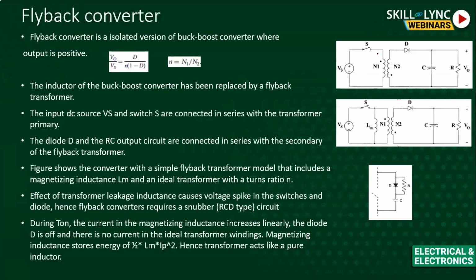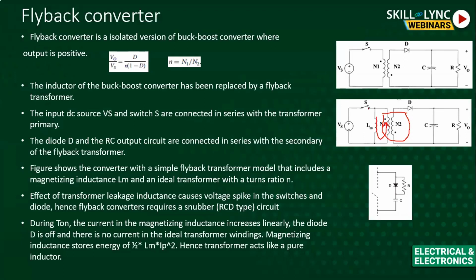So what will happen is, when the transistor is on, this inductor, again, can be simplified as a magnetizing inductance and an ideal transformer. Basically this is the ideal transformer where the turns ratio is n1 upon n2, which is small n basically. So when the switch is on, the magnetizing inductance will be charged. And when it is off, this magnetizing inductance will try to continue the current in this direction.